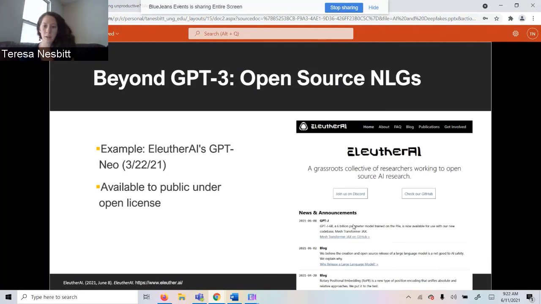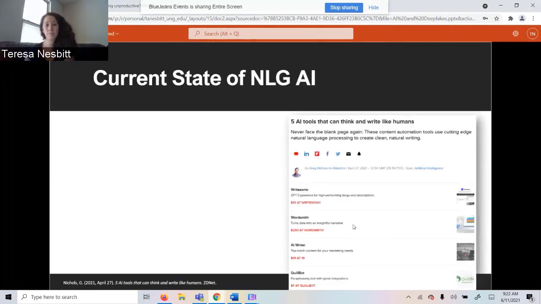So EleutherAI was able to overcome both those obstacles. They created and curated a very massive data set. And the end result is comparable to the most limited version of GPT-3. So for people who just want to play with this technology, there are options to do so.